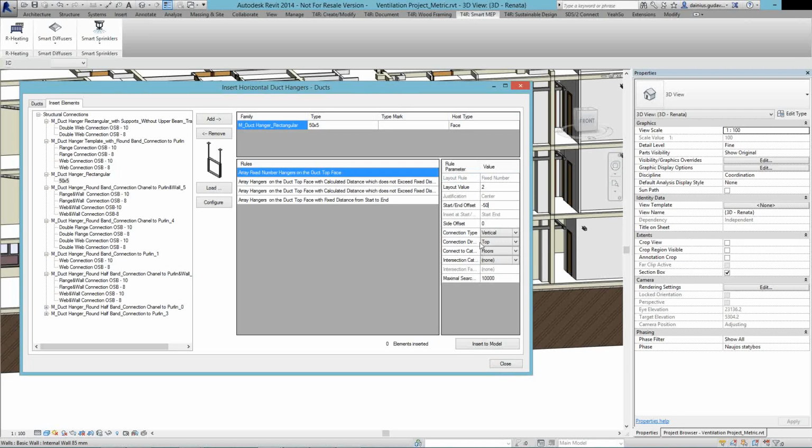and now I can choose the connection type. Do I want to connect it vertically or horizontally? So I will connect it vertically to the top or bottom. I don't want to connect it to the lower floor. I want to connect upright, so I will select top, and then where do I want to connect them to? So I will connect them to the floors. So I select the floors, and then intersection category becomes unnecessary for us. So I will press insert model,